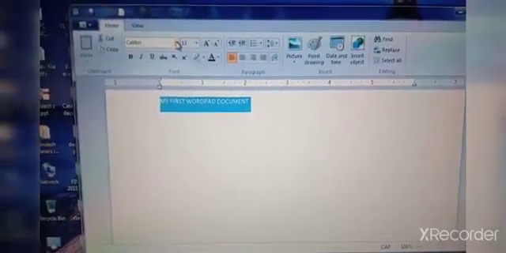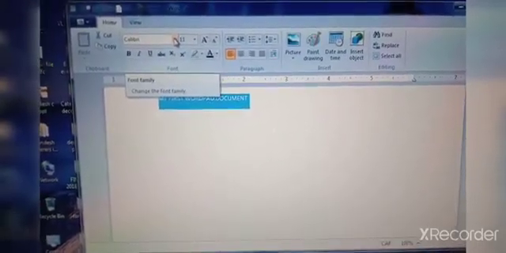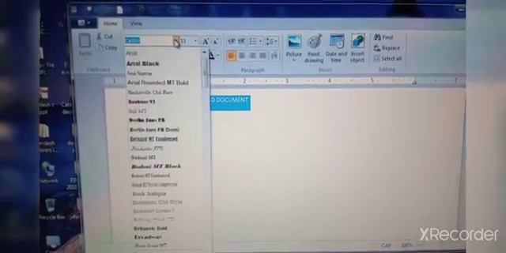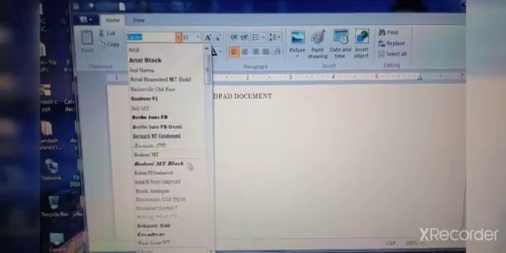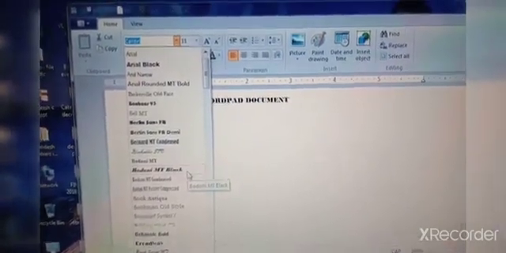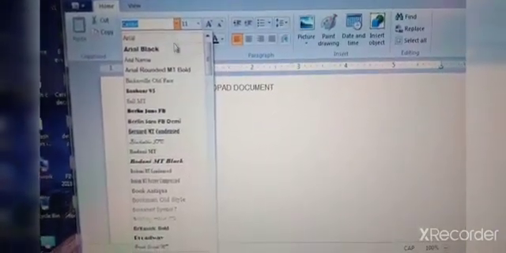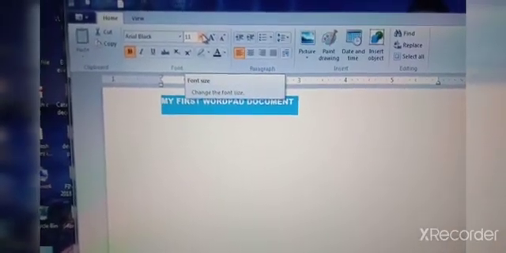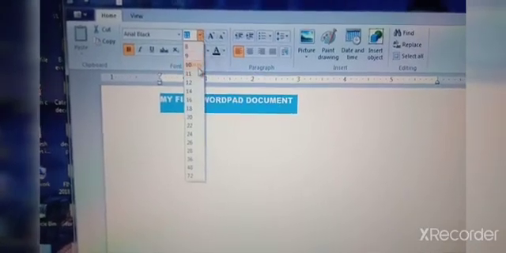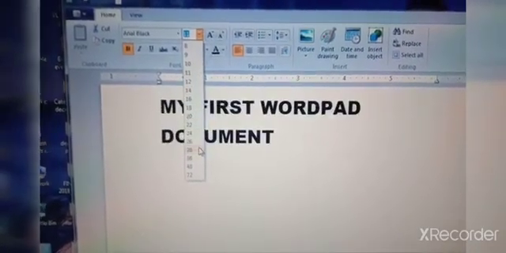Click here on the font family. Okay, click. You will get different types of font. See, I will click on Arial Black. Select Arial Black. You can increase the font by clicking on font size. Click here, increase or decrease the font size.